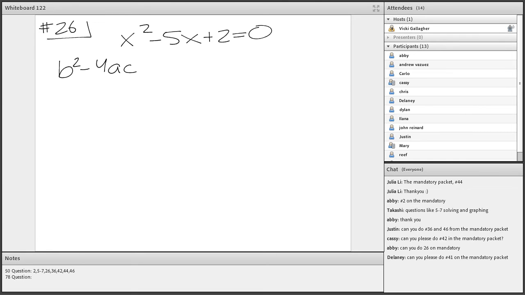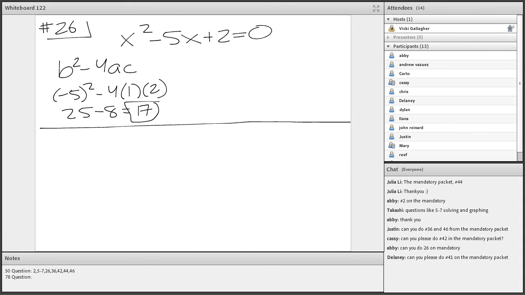So b squared minus 4ac. So that would be negative 5 squared minus 4 times 1 times 2, and that's 17. And so there's 4 different phrases that you were supposed to learn when we learned about this chapter for describing the nature of the roots. So the first phrase was, if you had a positive number that was a perfect square, something that you could take the square root of, then the phrase was 2